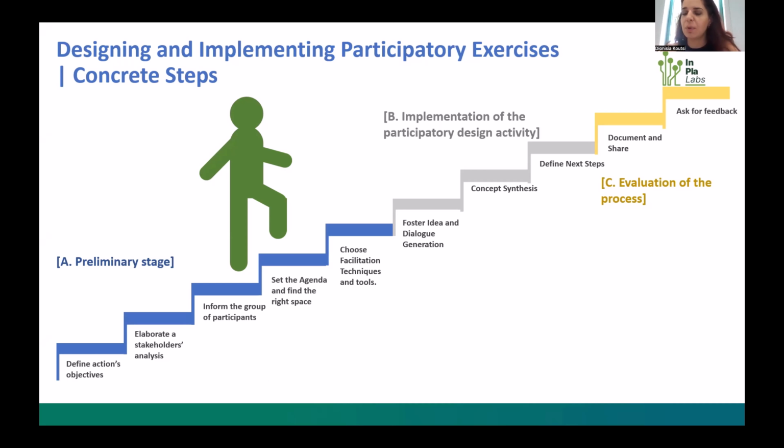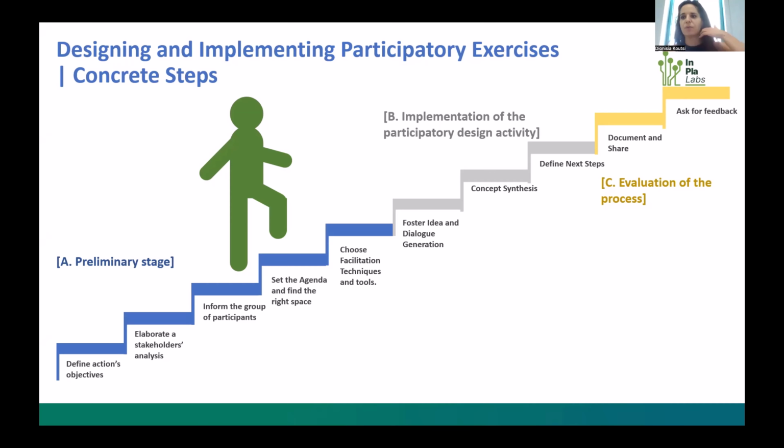In this example, we need maybe the entrepreneurs that are active around the square. We need the residents, we need the local authorities, and we need maybe associations or active groups that also act as representatives of more general groups. We need children, we need all the stakeholders that are active users of this space. Then we need to inform these groups and start discussing with them and make them understand the process.